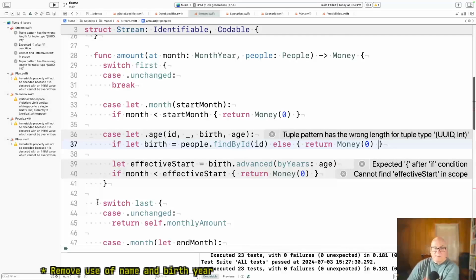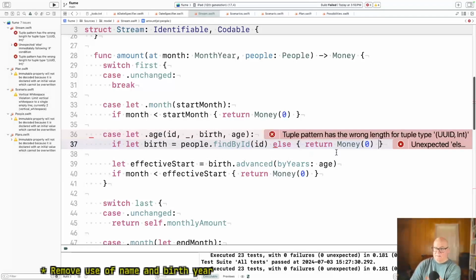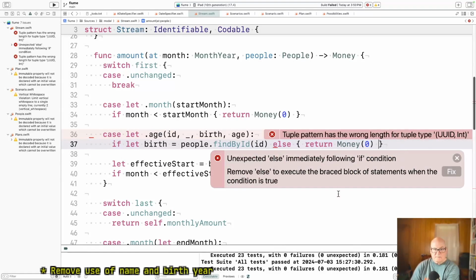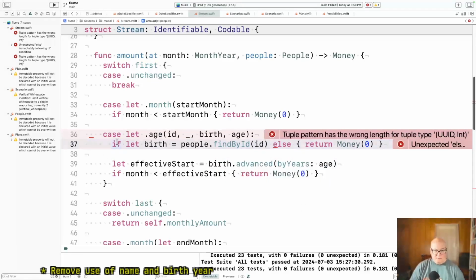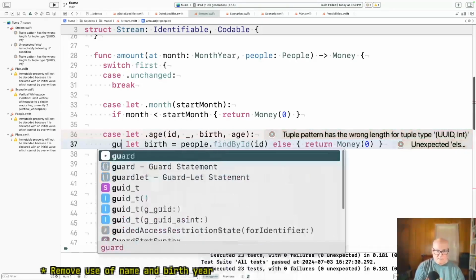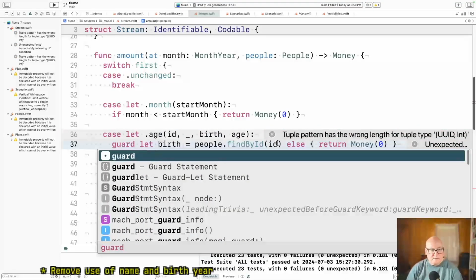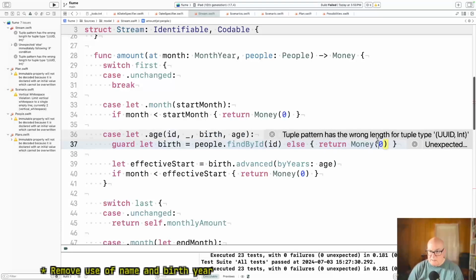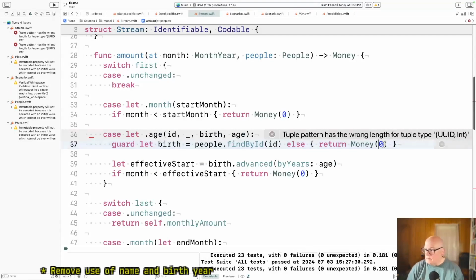Okay, so if you don't find the person, guard. If you don't find the person, then we're just going to return nothing for them. I think that's a good thing. All right.